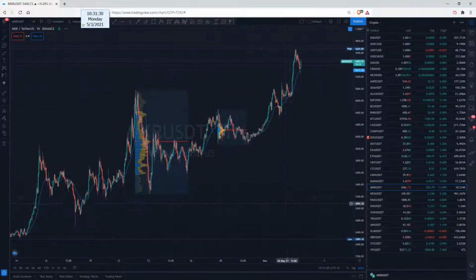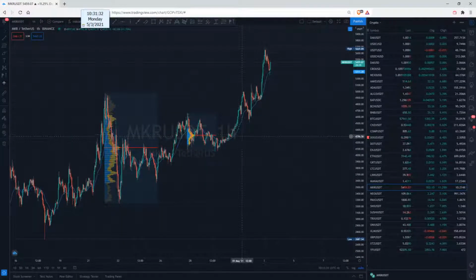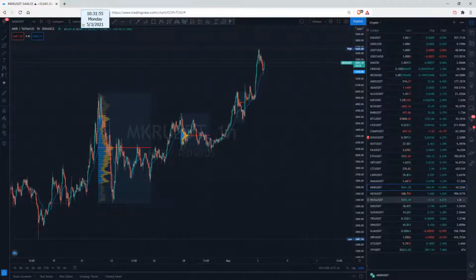On MKR, Maker, we've got that continuation of the upside, low-weighted POCs all the way across the board. Another continuation up into almost the 5700s. They just missed it by a little bit and are pulling back a little bit further. If the market is going to pull back, did they do anything over here at least? 4800s. This thing's got to pull back like $1,000 at least on Maker. I just can't be interested up here.